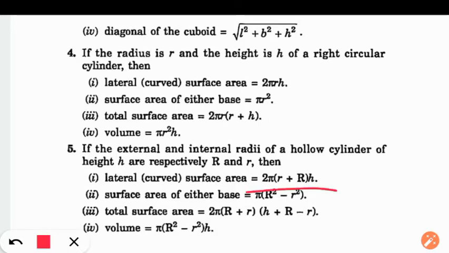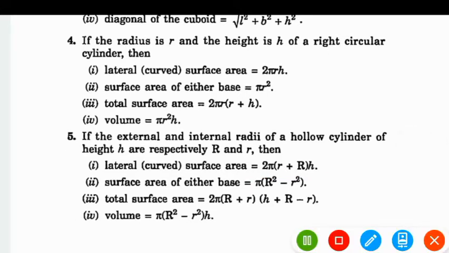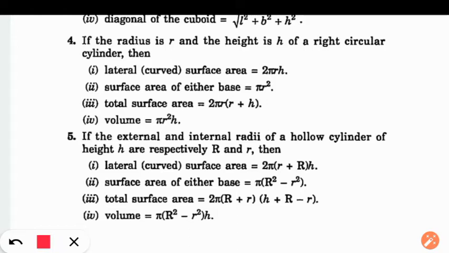The formula will be 2 pi and in place of r we must have capital R plus small r into h. Now surface area of either of the base: pi in bracket capital R square minus r square,